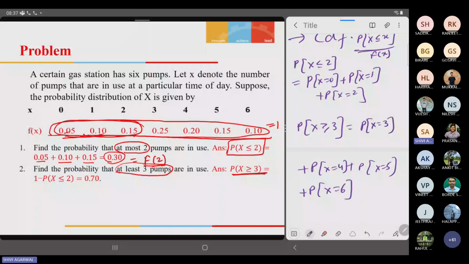So what we will do? We can just change the formula and we can say 1 minus probability when x is less than or equal to 2 here. Instead of addition of 1, 2, 3, we are just using the previous values to calculate it. You know, the summation should be equal to 1. You know very well. And minus this part. So if we are saying 1 minus of this part, then it will give 3, 4, 5, 6. So without addition,